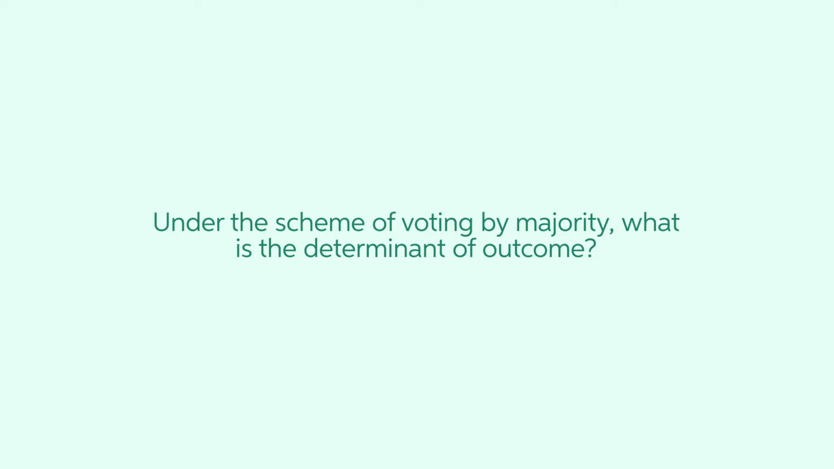Even with Arrow's Impossibility Theorem, voting by majority rule is still the most common scheme of public choice and policy for many modern societies. This leads to the natural question that, under the scheme of voting by majority, what is the determinant of outcome? As a famous extension to Hotelling's law, which states that rational producers will make their products as similar as possible in many markets,